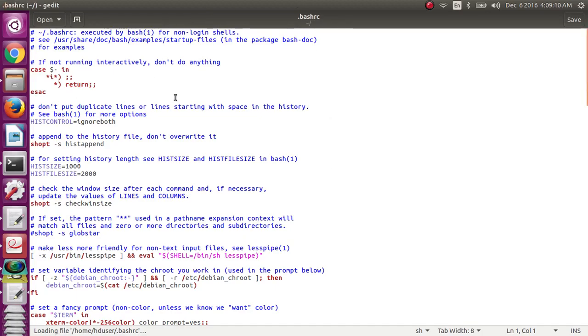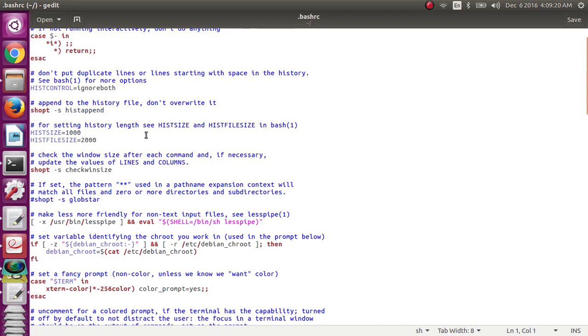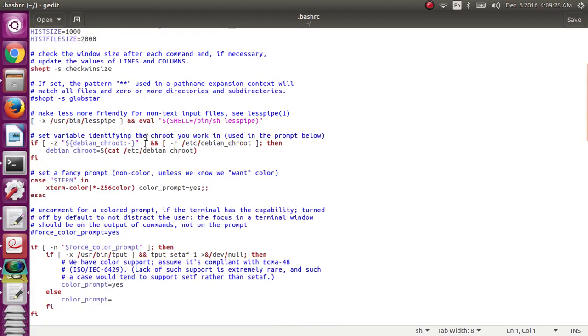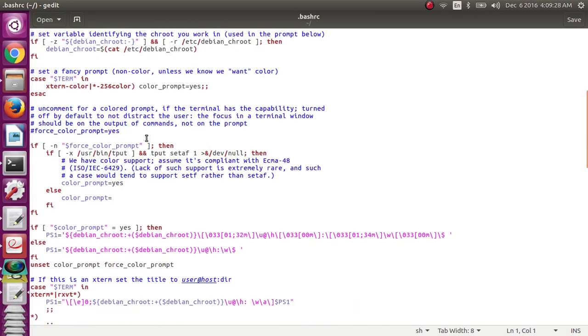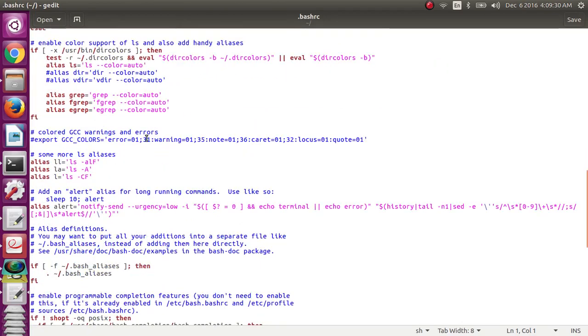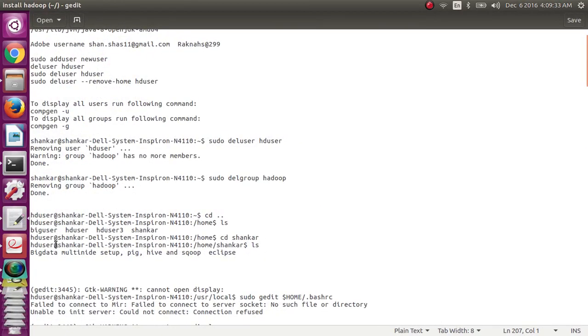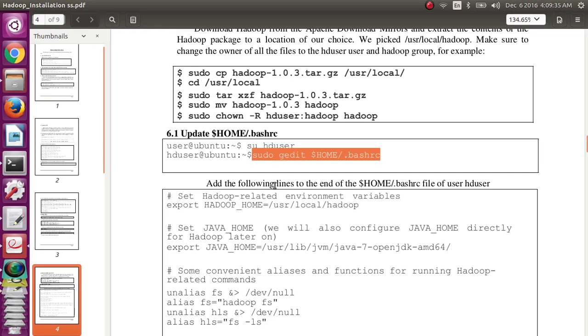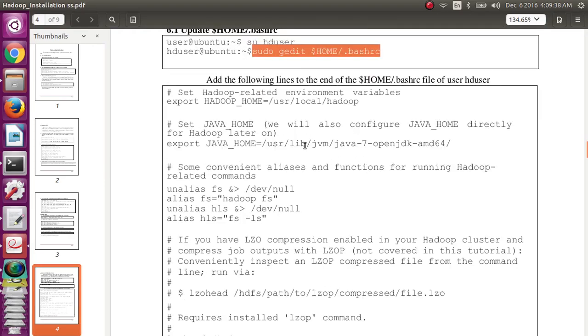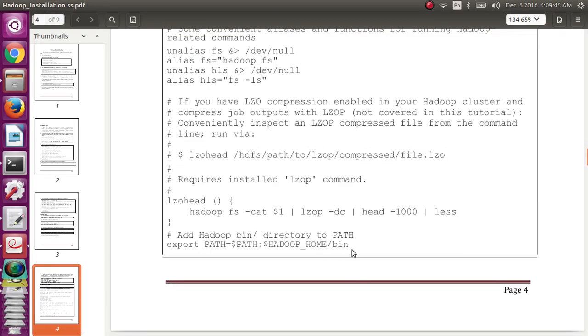So this is the Hadoop .bashrc file. It contains all the environment variables necessary for executing Hadoop. So Hadoop control, Hadoop size, file size, all the default values you can update. Here I am updating this file with user HT user. So all these lines, set Hadoop related environment variables, all these lines up to this,